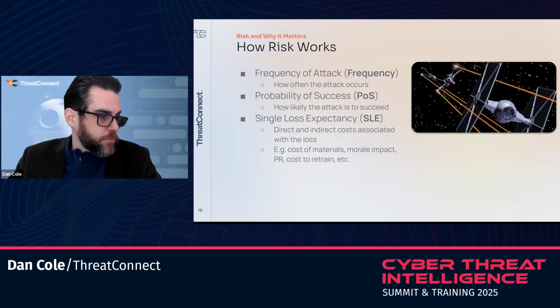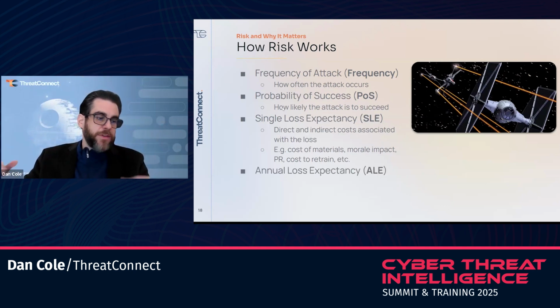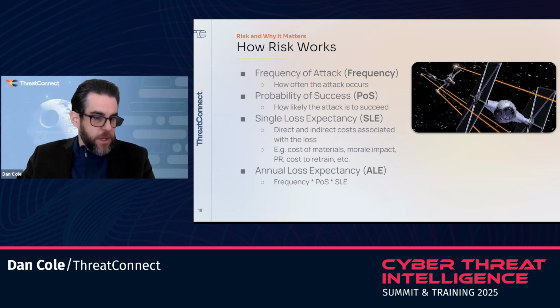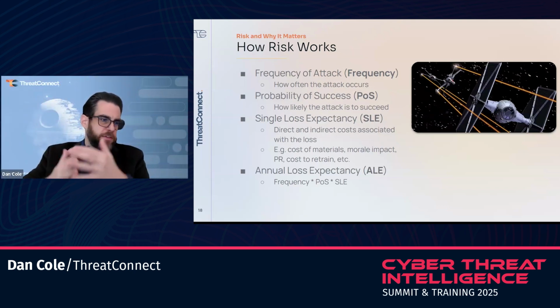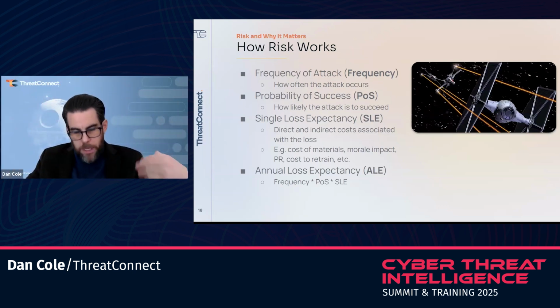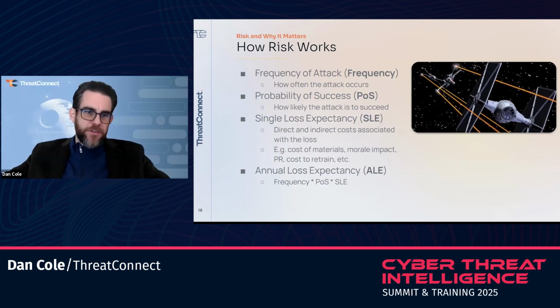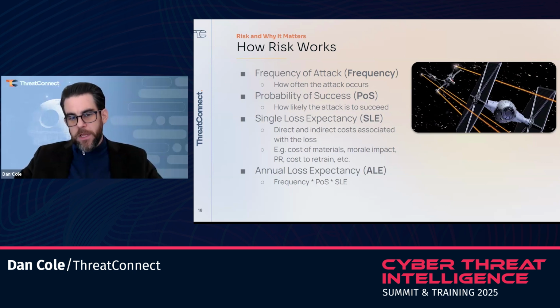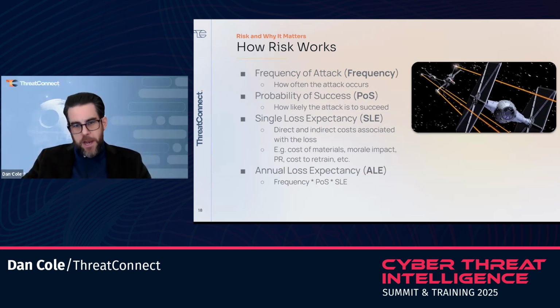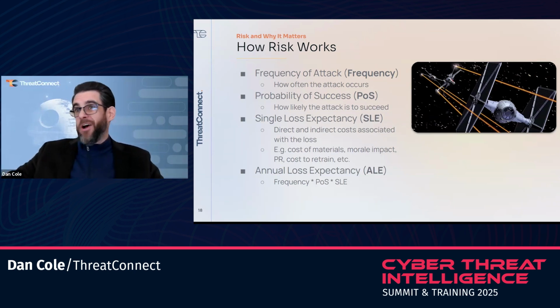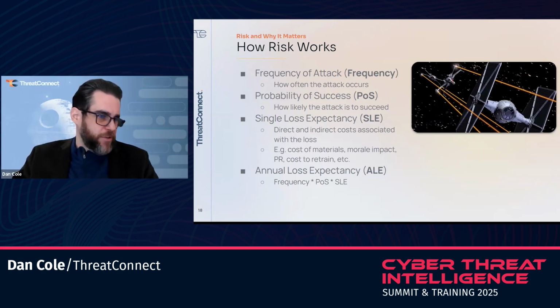of that TIE fighter. And then finally is annual loss expectancy, which is basically taking all these three things and wrapping them up. So as the Empire, I'm sending all these TIE fighters out into space. They're getting shot down by a bunch of X-Wings. What is the actual risk and cost to me going to be across an entire year? Or, as it's called in Star Wars, a galactic standard.